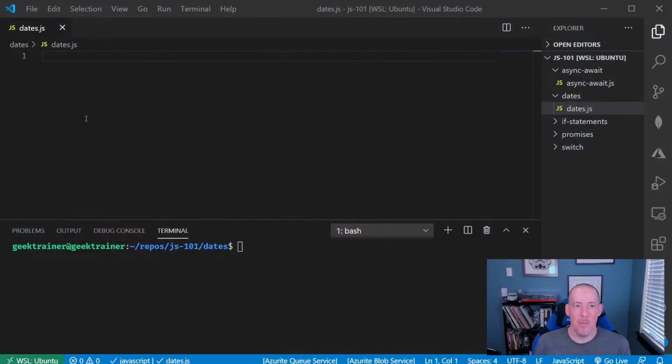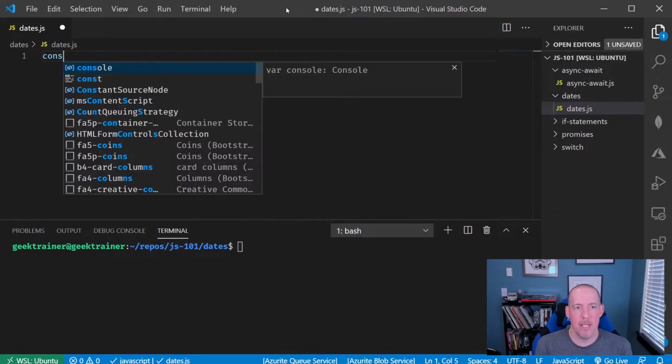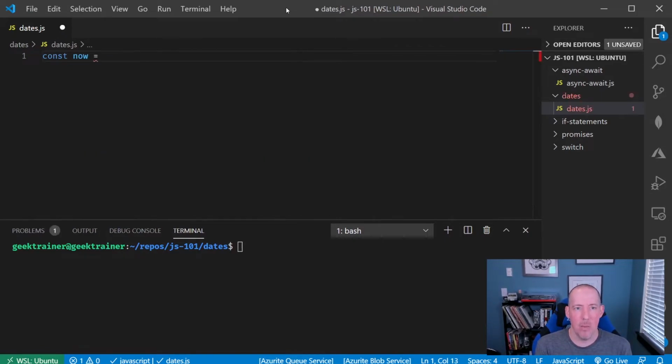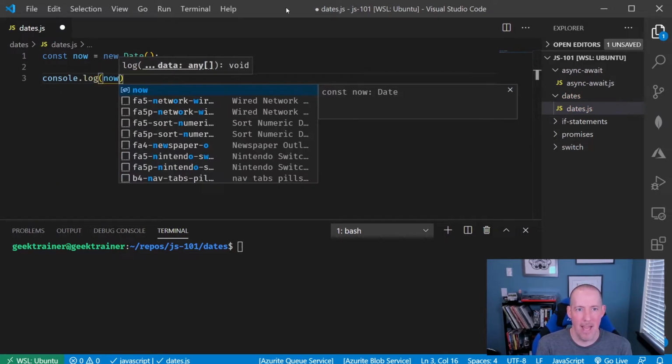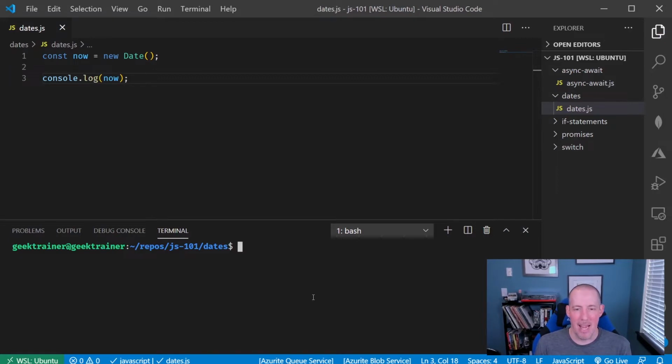Let's see how we can work with dates through a demo inside of JavaScript. So here is my little IDE. Of course, it's empty. And what I'm going to do is say const now equals new Date, just like that. And then let's go ahead and do a console.log of now to print that out. So if I say node mydates.js, what you're going to notice